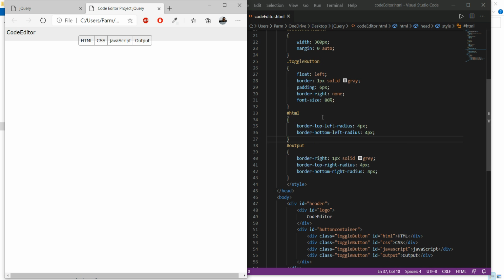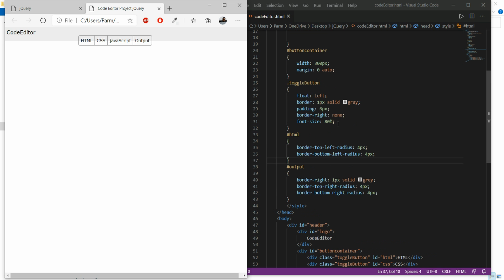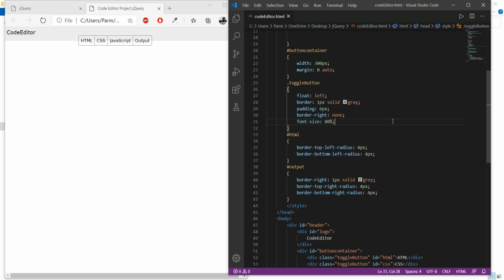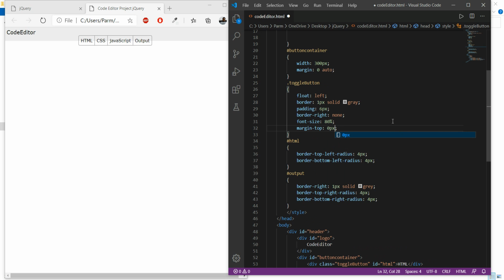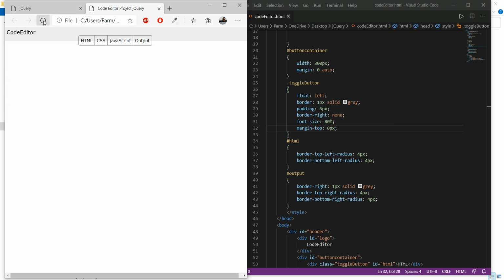And also we will set over there margin top, say 0 pixel. So it's nothing to do with there.